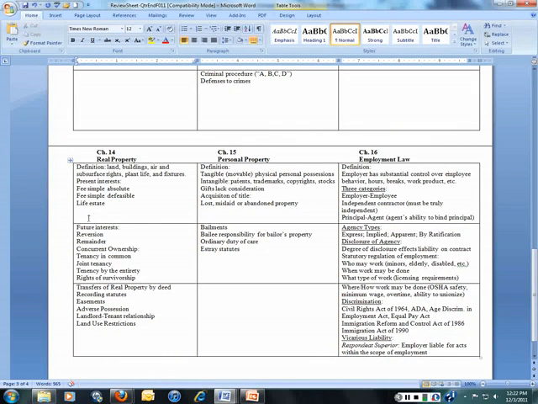Chapters 14, 15, and 16. 14, real property. We didn't go through all of this. We went through the main definition of what real property is, what it includes. It's everything that's attached to the land and on the land, air rights above the land, mineral rights and water rights under the land, plant life, all those things. Fixtures are things that are attached to the land. And again, how we looked at this were present interest and future interest. Present interests in land have these three different titles: fee simple absolute, which is the strongest,